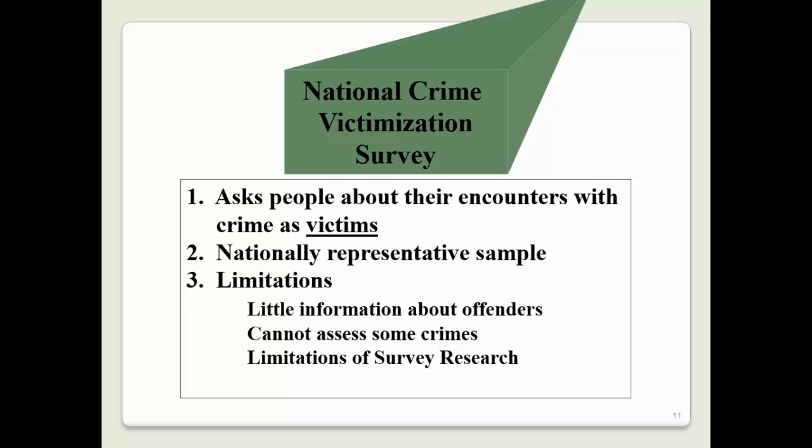And so unlike self-report, we do have a national level victimization survey. It's called the NCVS, National Crime Victimization Survey. And this is really our best check on UCR data. So the two big sources we use to track crime in the U.S. are the UCR, which are crimes reported to the police, and the NCVS, which is a survey of American citizens, a probability sample. And that allows us, using pretty simple math and statistics, to sort of project how many actual